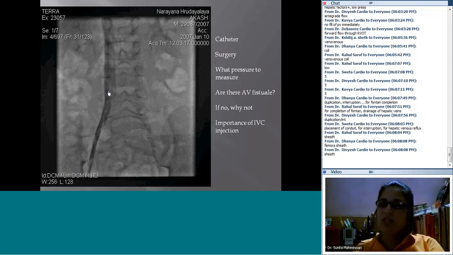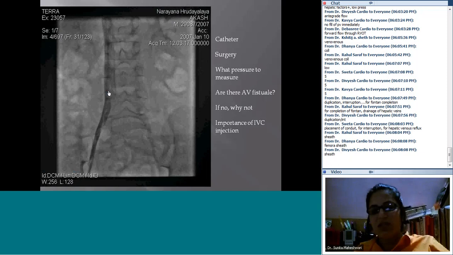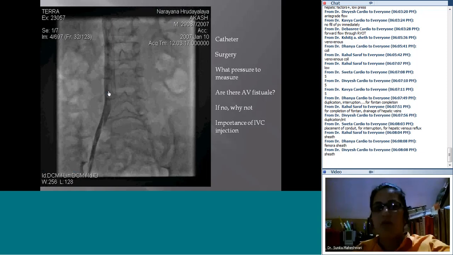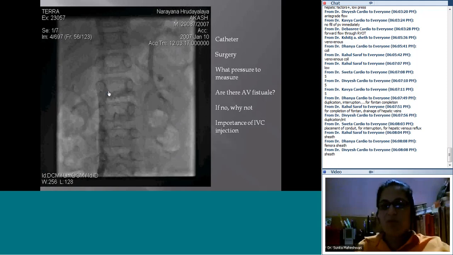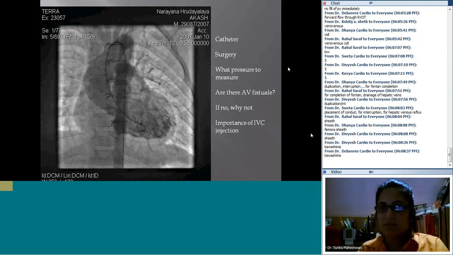You see this injection, a lot of people just put the pigtail somewhere in the middle and do it. But if you're looking at a pre-Fontan, you need to do it down here and follow it all the way up, because you have to make sure there's no duplication or interruption. Let us say the IVC is interrupted. Then you go and do a Fontan. What is that operation called? Right? That's a Kawashima. So if your IVC is interrupted,